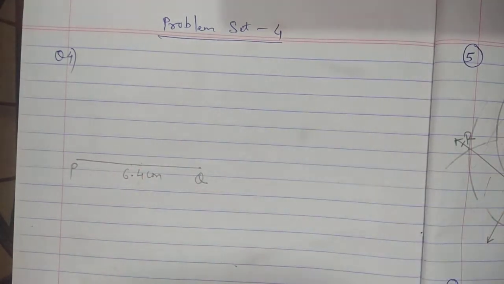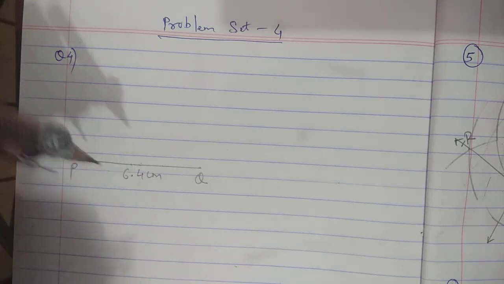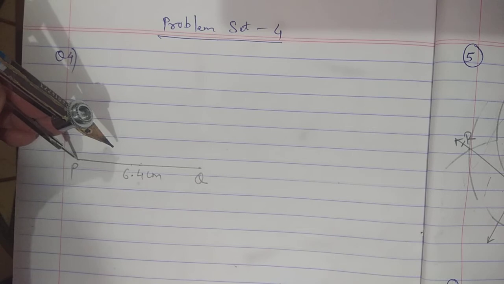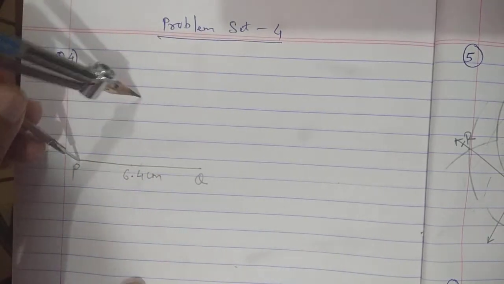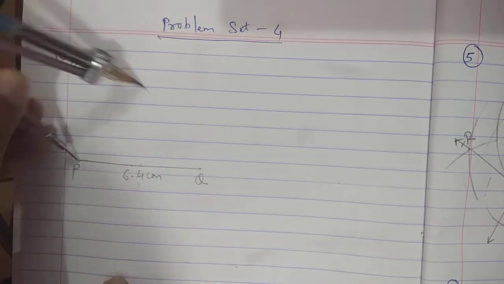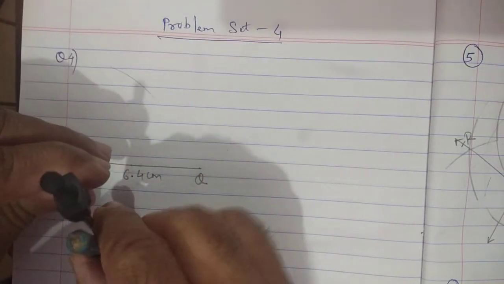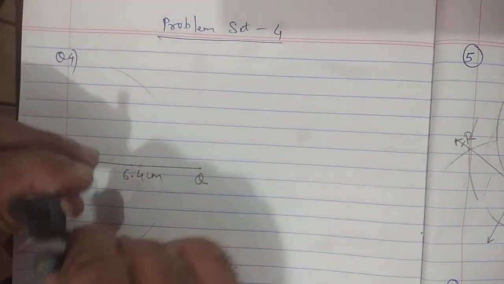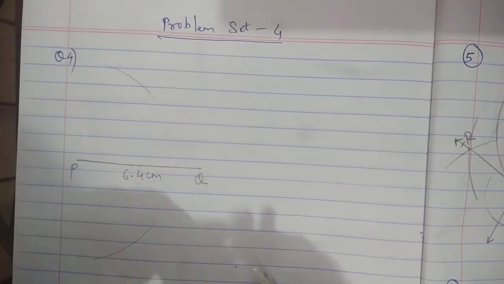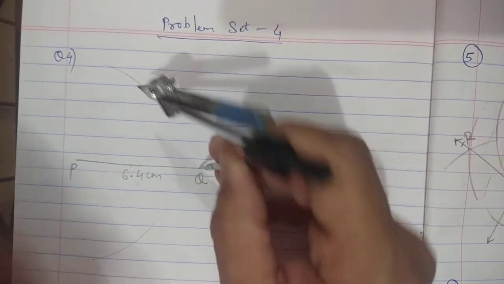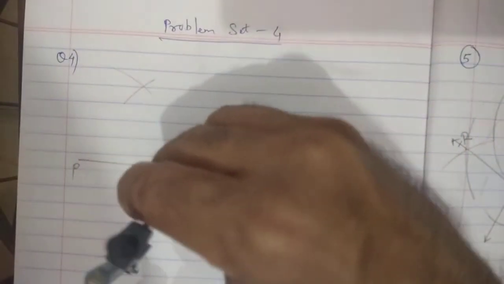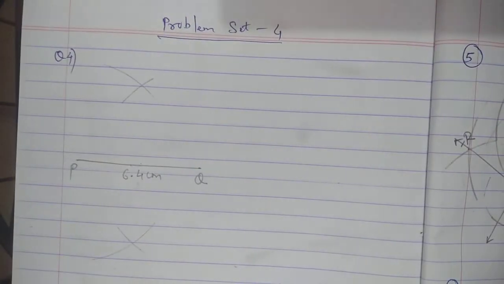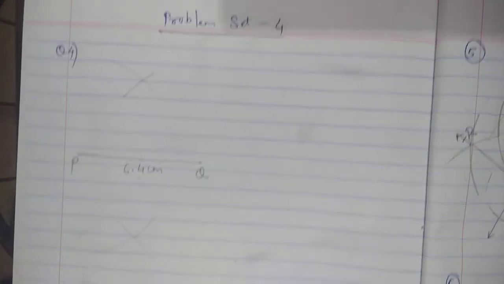By drawing a perpendicular bisector. So you can draw the perpendicular bisector of segment PQ, which all of you know now how to do. So take the rounder, keep it on point P, increase the distance by taking more than half, right? And draw one arc above segment PQ and below segment PQ. Same way, keep the rounder on point Q now. With the same distance, intersect the first arcs which you have drawn. And now join these two arcs.